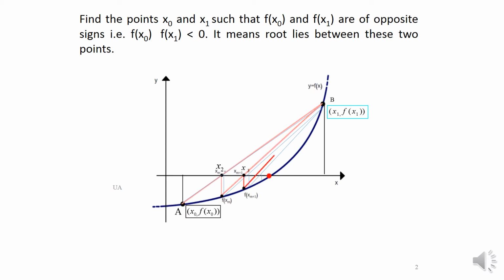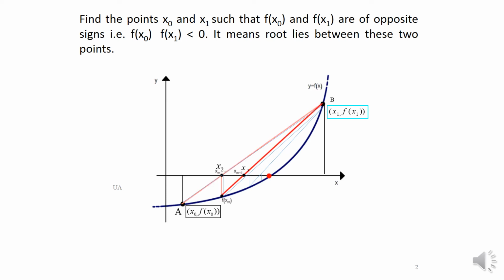We draw a perpendicular from x2 to the curve and we replace point A with this new point, and again we join a chord between the new point and point B. We see that this chord cuts the x-axis at x3. We draw a perpendicular from x3 to the curve, then join this new point and point B again, and we see it cuts at, say, x4, and draw a perpendicular to the curve, and we keep on doing the same procedure till we reach the root, which has been marked with a small circular disc here. This is the root of the curve.